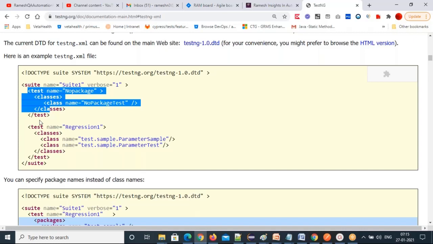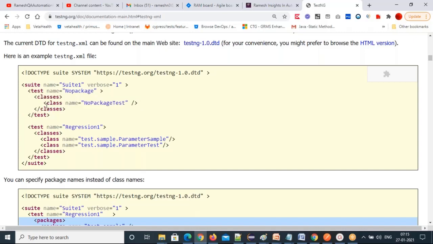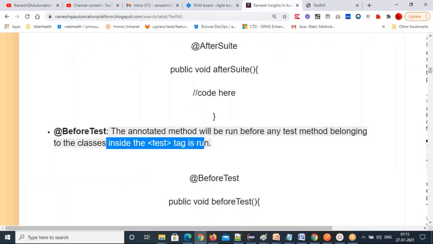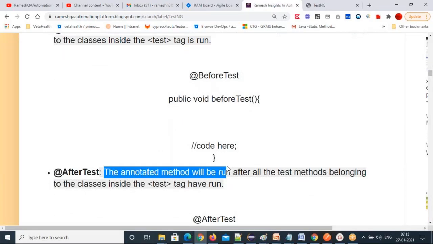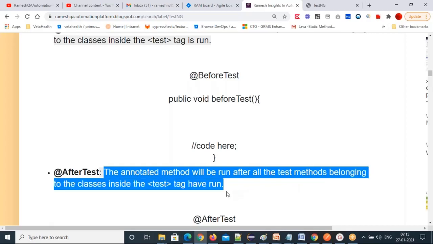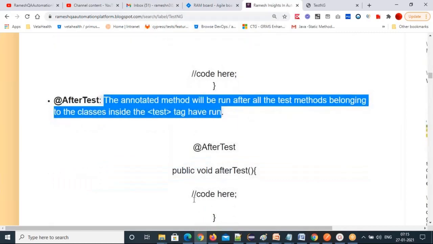Then once this test tag is done, it will execute after test. So after test means the annotated method will be run after all the test methods belonging to the classes inside the test tag have run. After completing all the classes inside the test tag, then after test will execute.